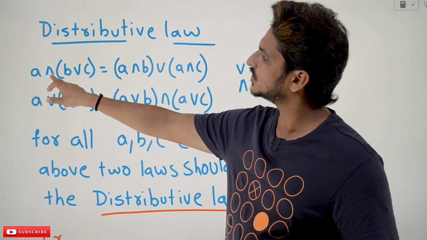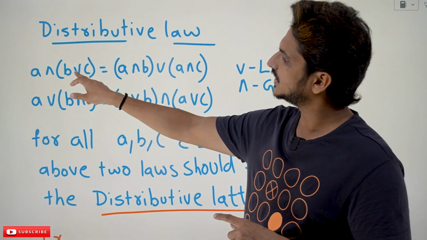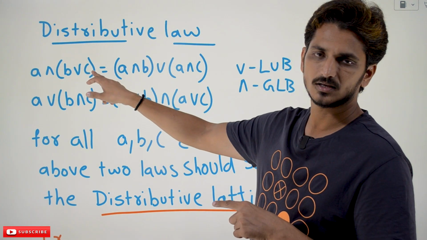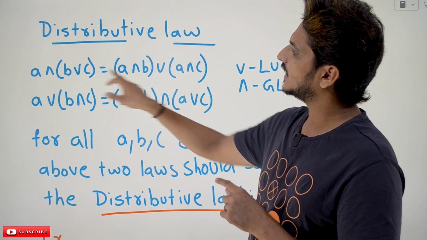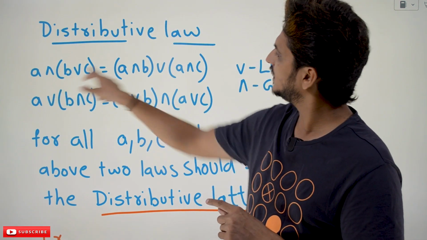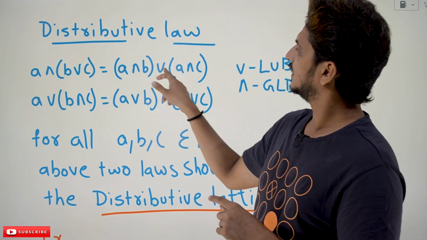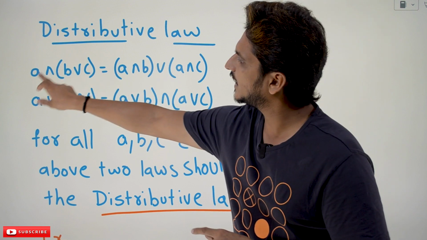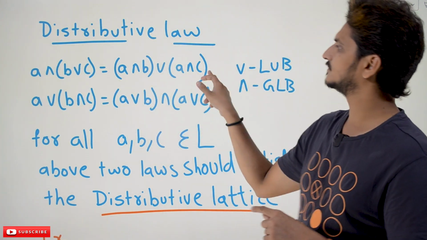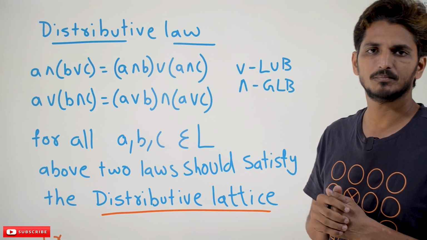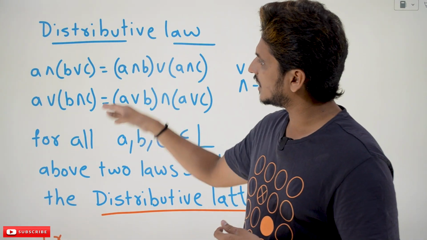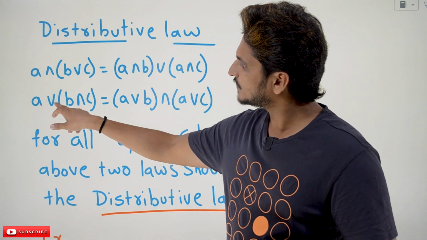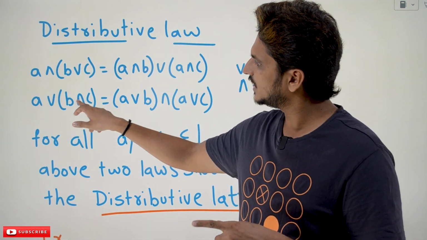A greatest lower bound with B least upper bound with C is equal to A greatest lower bound B, least upper bound, A greatest lower bound C. These two are the same. And the second law also: A least upper bound with B greatest lower